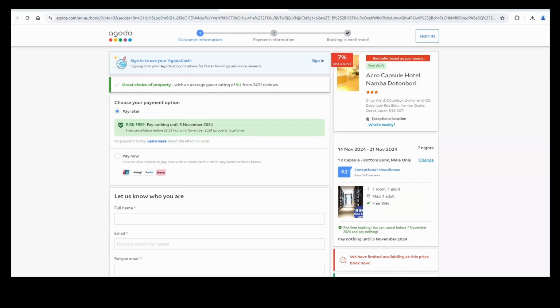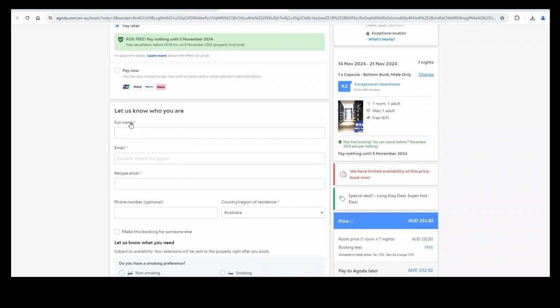Next screen is your booking confirmation and payment. Some hotels allow you to pay later if you want, or if you prefer, you can pay now. If you decided to pay now and have booked with a flexible cancellation policy, any amount will be refunded in case you cancel the booking. So now we can put our details. I will put test. So test.com.